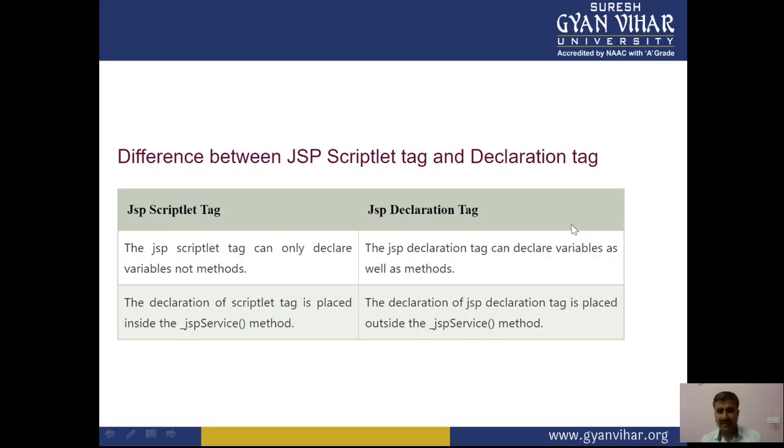This is the part of the service method: the client sends the request, it is executed, and the server replies back.